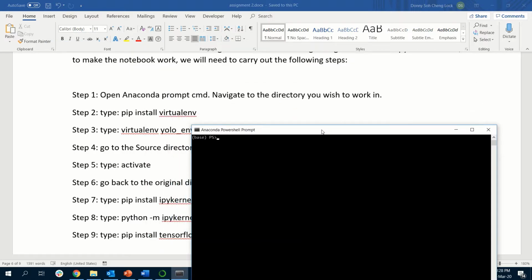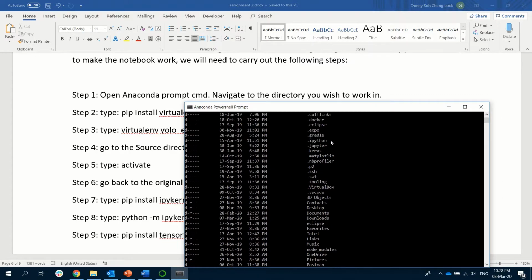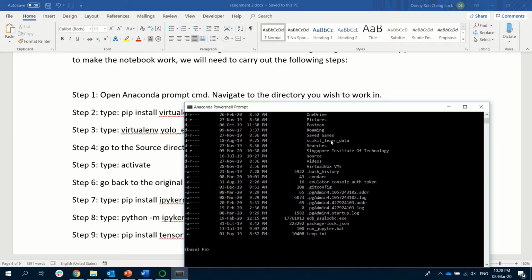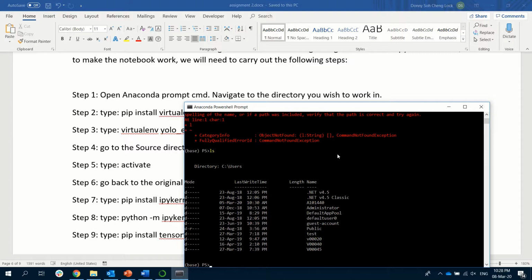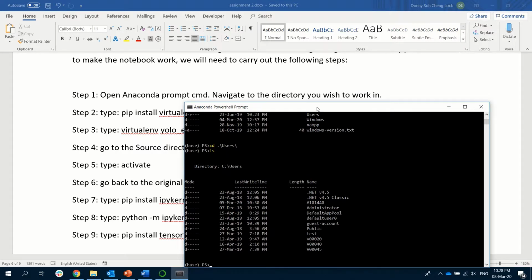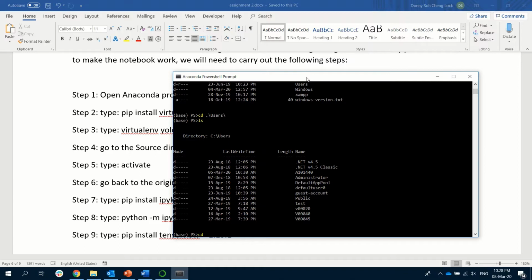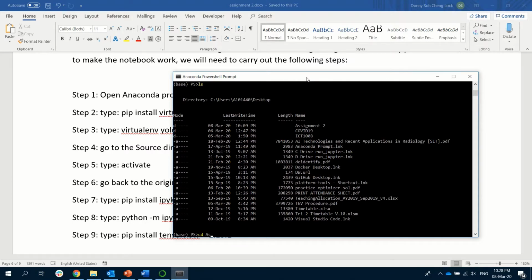We're going to go into the desktop. Let's see where the desktop is. Oh, it's interesting, right? So I think our users. So I'll be going to my user, and let's see. Yeah. So assignment